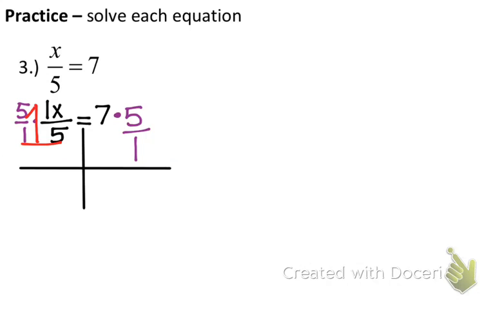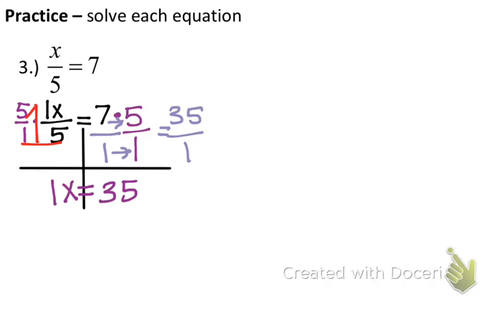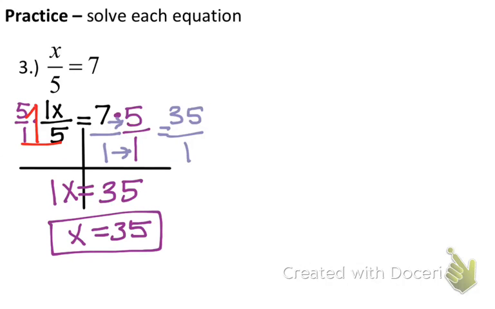So I cancel those out, and now I am left with just a 1 in front of my x, and that is equal to 7 over 1 times 5 over 1. Using my rules for multiplying fractions, 7 times 5 is equal to 35. 1 times 1 is equal to 1. So 1x is equal to 35. I can simplify that just a little bit more by taking away the 1 and just making x equal to